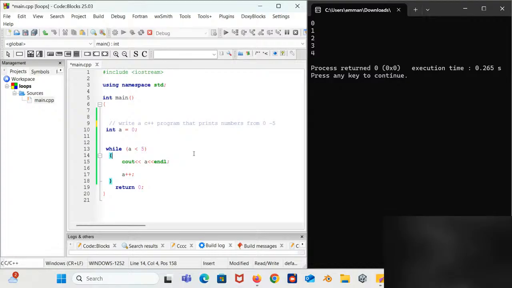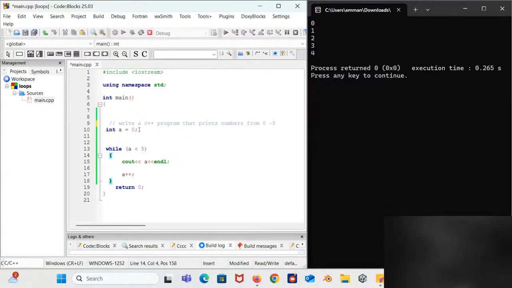It is going to be stressful. Imagine a scenario where you are supposed to print numbers from 1 to 500 or something. It basically means that we are going to write a lot of cout, right? So the loops basically make it simple. It helps automate, it helps save some time. You just have to write a short code and it's going to do all that work for you.